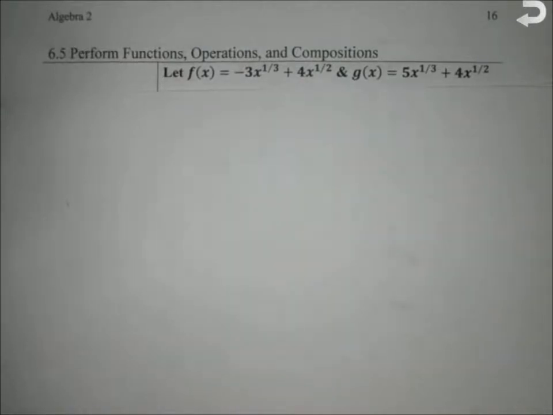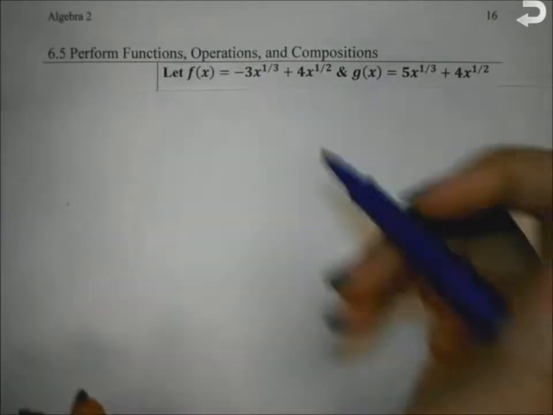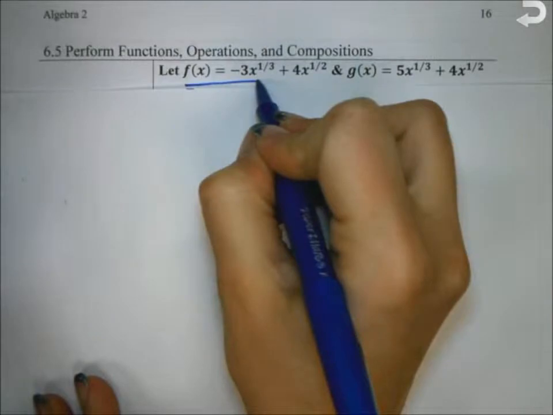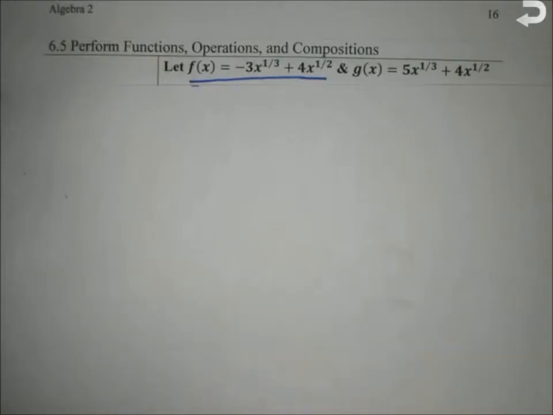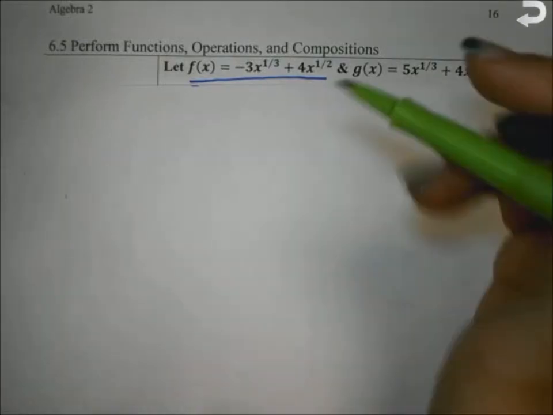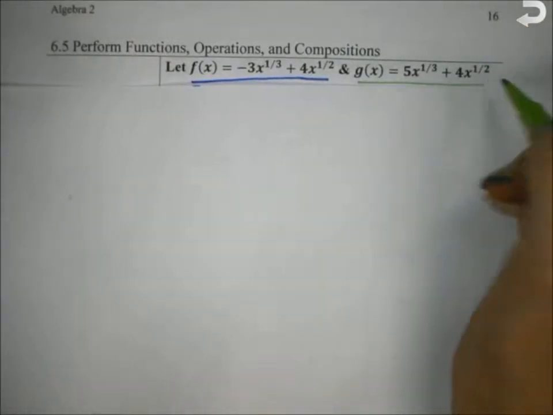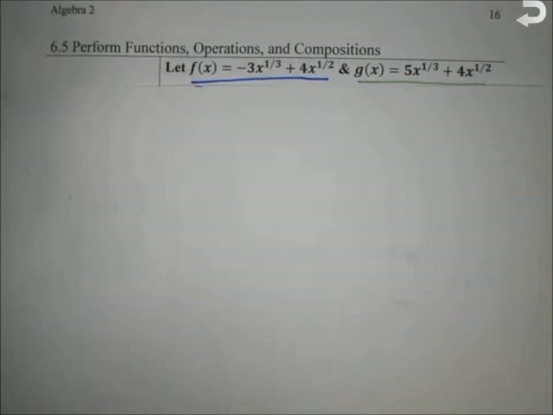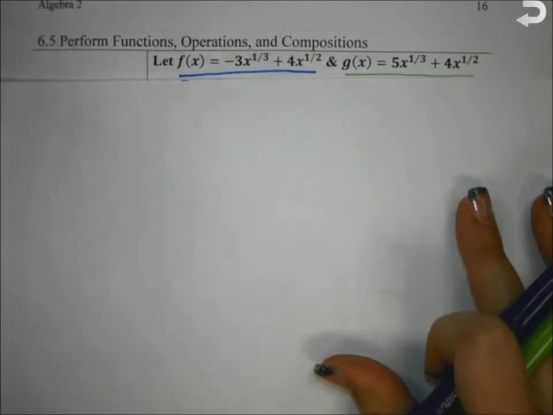So, we're going to be working with two functions in this example. f of x, which equals negative 3x to the 1/3 plus 4x to the 1/2. And we also have g of x, which is 5x to the 1/3 plus 4x to the 1/2. Okay, so I'm just giving you these two functions. This is what we're working with. So example 1,